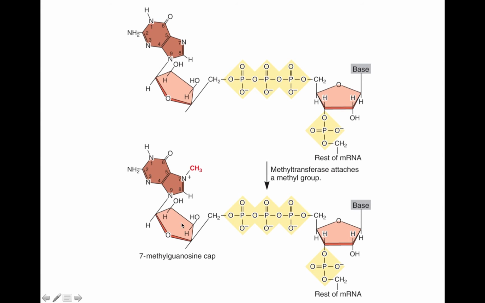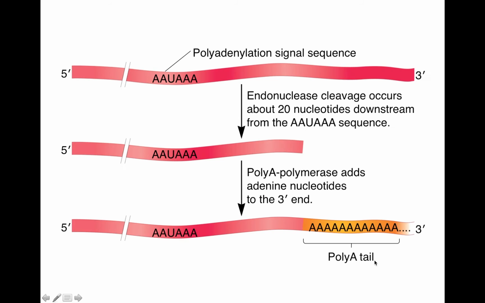This fancy cap structure protects the messenger RNA from being degraded by exonucleases. At the very end of the transcript, we have a polyadenylation signal sequence, AAUAAA. This is found in all Pol II transcripts. An endonuclease comes along that cleaves in the middle of the sequence of RNA towards the 3' end, about 20 nucleotides downstream from the AAUAAA, and then